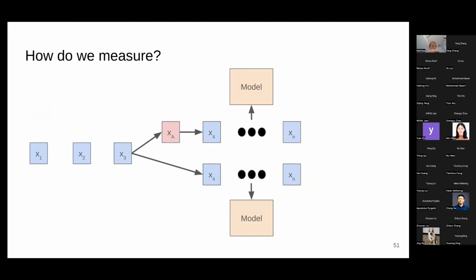And so over the course of training, what we're going to do is just test: can we distinguish between these two models? And if we can distinguish between these two models, then X_A is still having some influence on the model. You can still do membership inference, and you don't get this forgetting effect. So over the course of training, from step X4 to step Xn, we're just going to see what membership inference looks like.